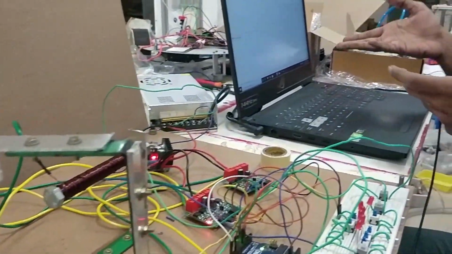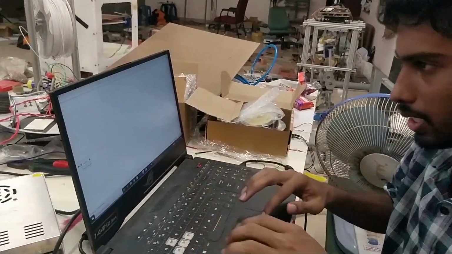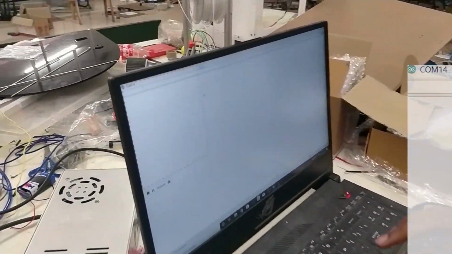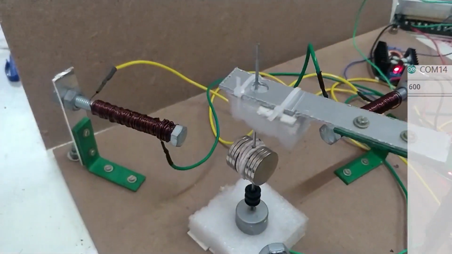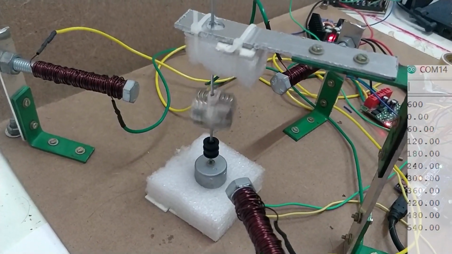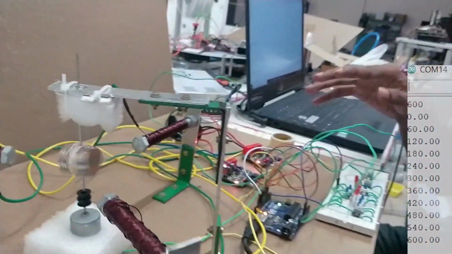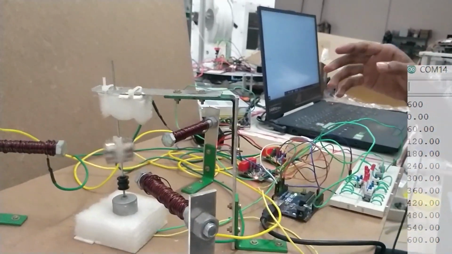Now let me enter the value over here. So basically I'll enter a value of 600 over here, and then I'll be pressing enter. You can see that the speed of the motor will gradually increase, and now it has reached a speed of 600 rpm, and that's the speed that we set.